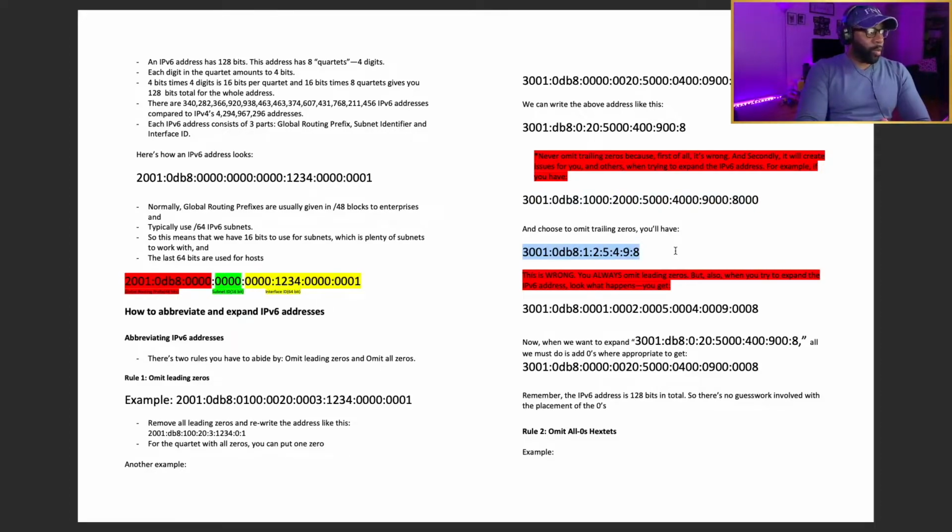Somebody comes behind you and wants to expand the IPv6 address for some reason, and they'll follow the correct way of doing it, but then they'll get the wrong IPv6 address. So never omit trailing zeros. That's wrong. Don't ever do that. These are trailing zeros. Don't even think about that at all, right? Just emphasizing and pointing that out because there might be some situations where you might get confused and think that that's a good way to do it. There's some interesting things that we all do sometimes, but don't do that, right? So next,